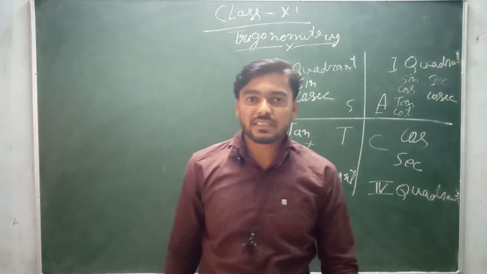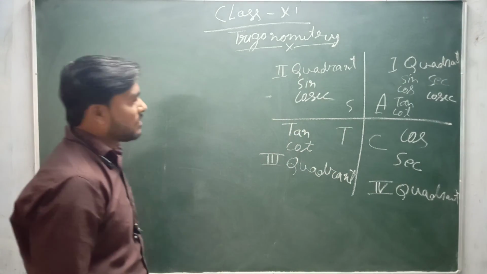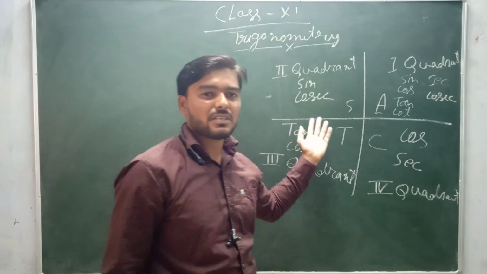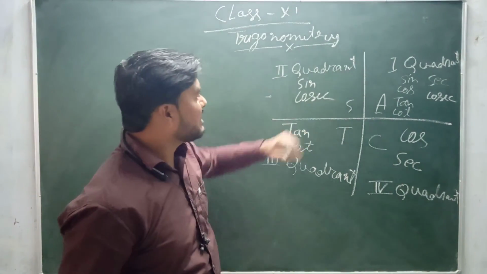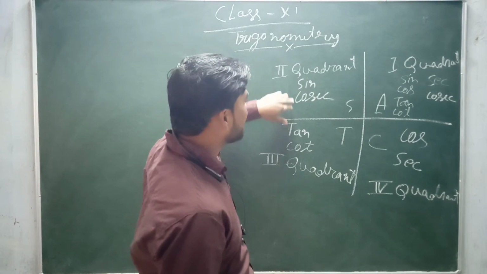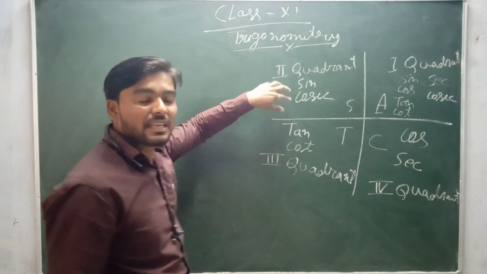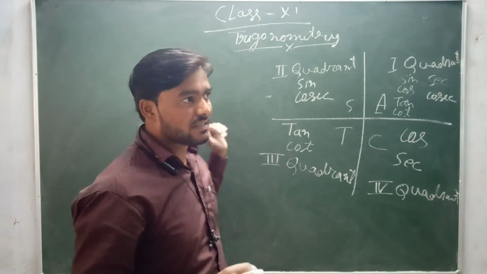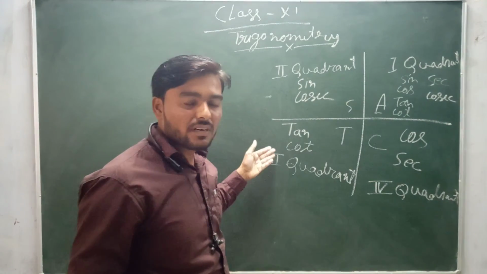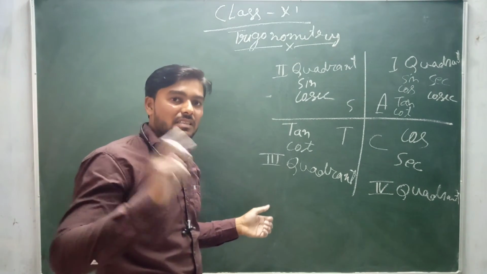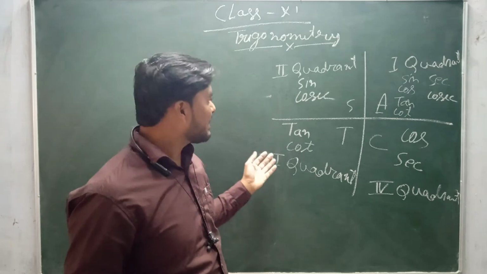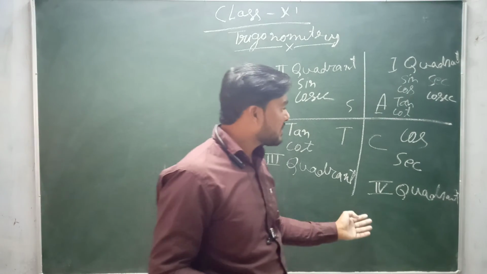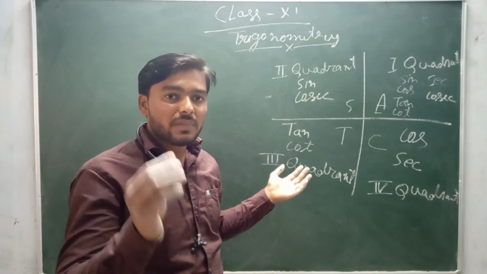Now we are going to take some examples. How it will be shows that this is positive, this is negative. It means first sine and cosec. Only in second quadrant sine and cosec will be positive. The other 4 trigonometric functions will be negative in second quadrant. In third quadrant, tan and cot will be positive, and the other 4 functions, that is sine, cosec, cos and sec, will be negative in third quadrant. Now in fourth, cos and sec will be positive, the other 4 will be negative.